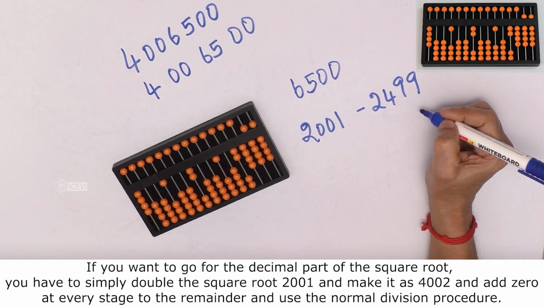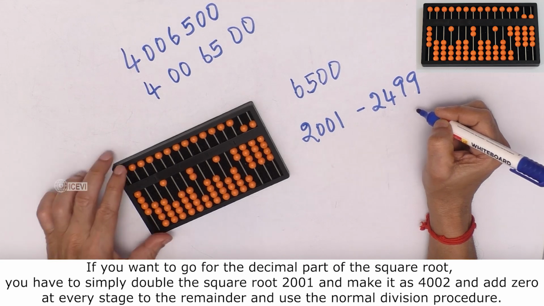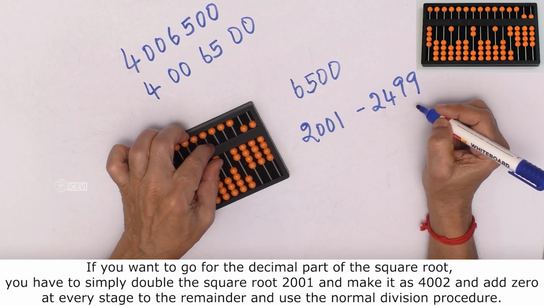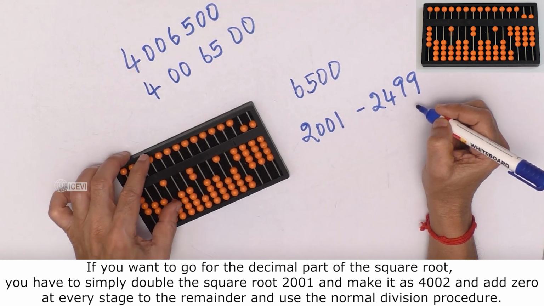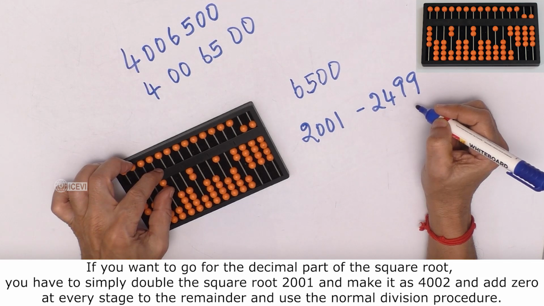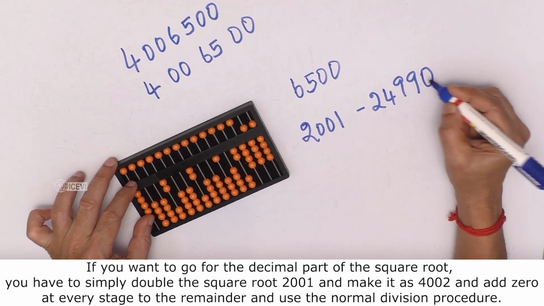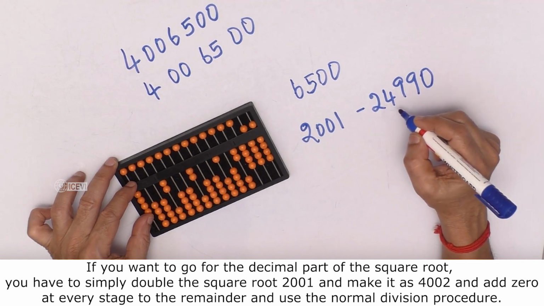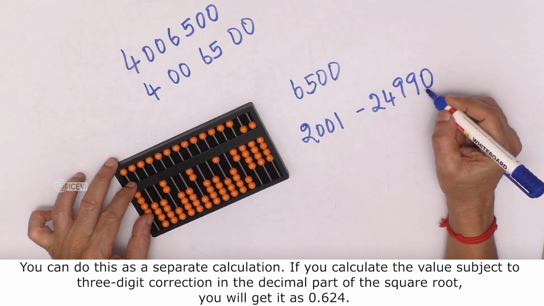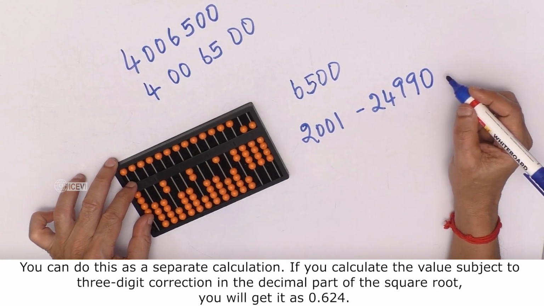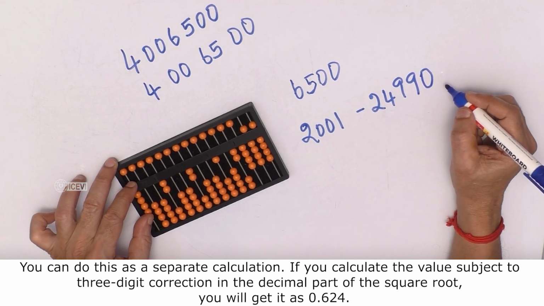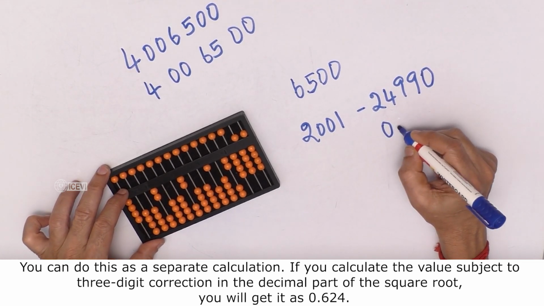If you want to go for the decimal part of the square root, you have to simply double the square root 2001 and make it as 4002 and add 0 at every stage to the remainder and use the normal division procedures to find out the value. You can do this as a separate calculation. If you calculate the value subject to 3-digit correction in the decimal part of the square root, you will get it as